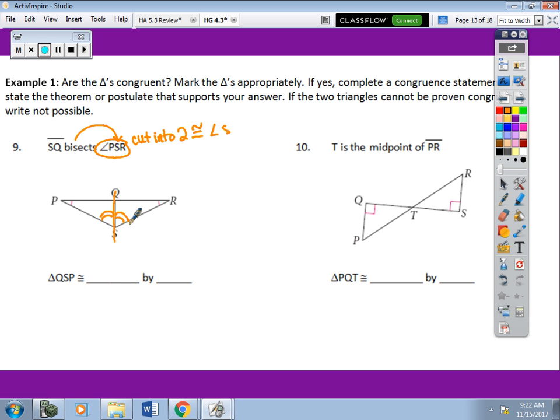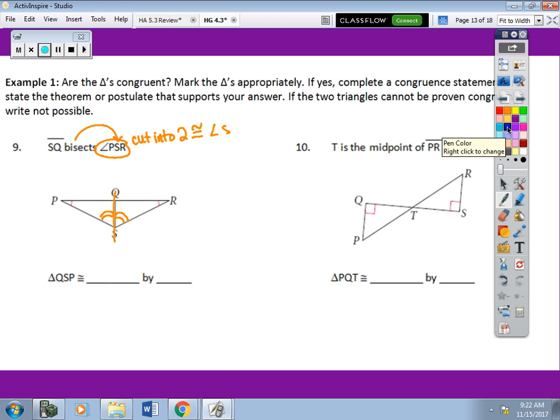So if you were doing a proof, you would say angle PSQ is congruent to angle RSQ. Definition of an angle bisector. Okay, so that's a marking based on my given. What other marking should I add in? Our favorite, fan favorite, the